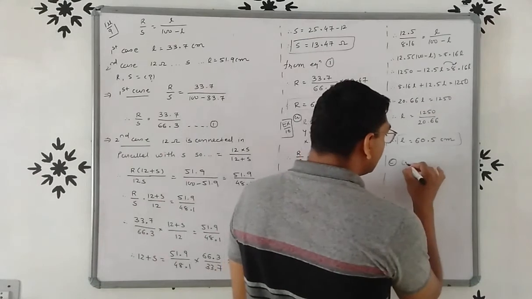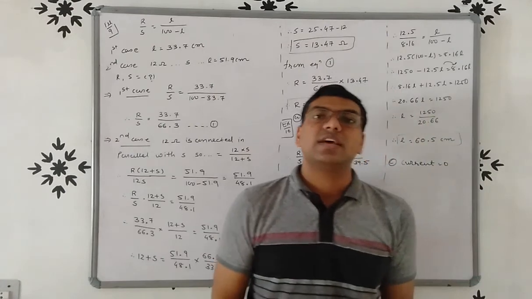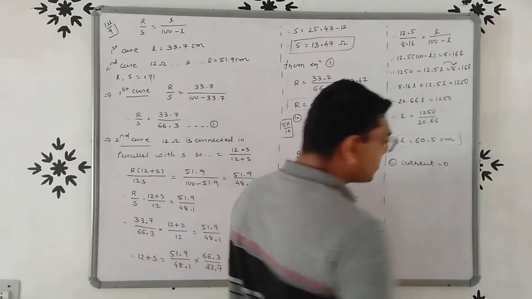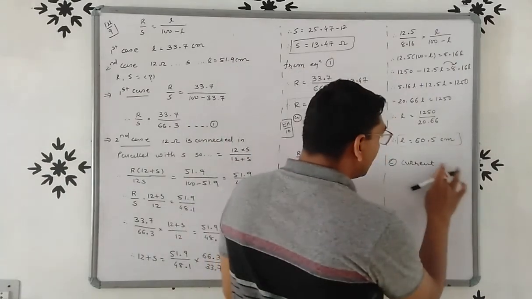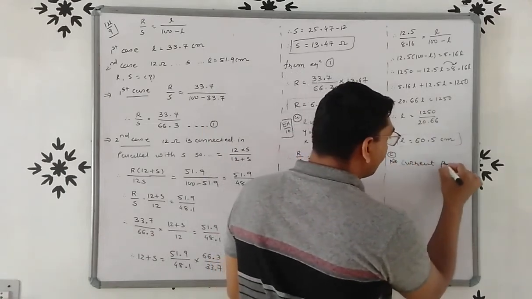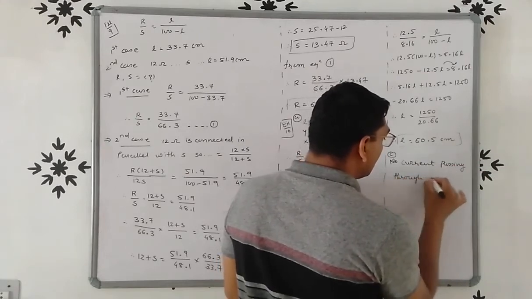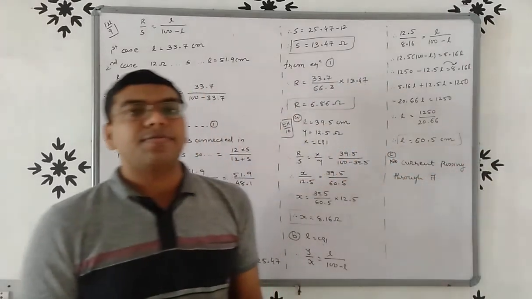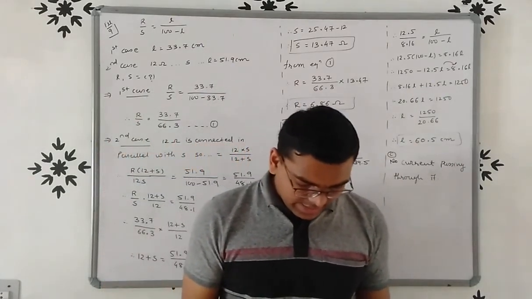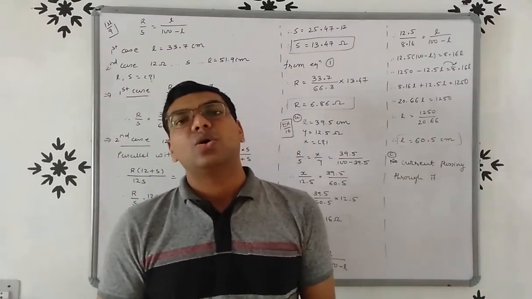So we can say that no current is passing through it, right? So the answer will be current is equal to 0, or we can say there will be no current passing through it. So we can write that no current passing through it. Right. So if the galvanometer and the cell are interchanged at the balance point, the galvanometer shows no current.